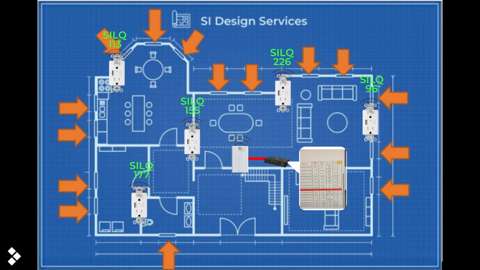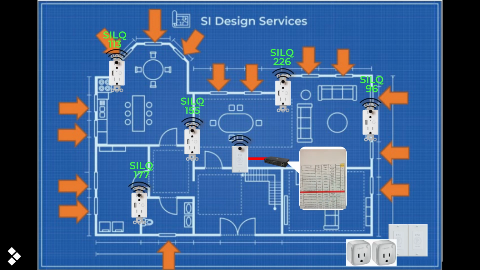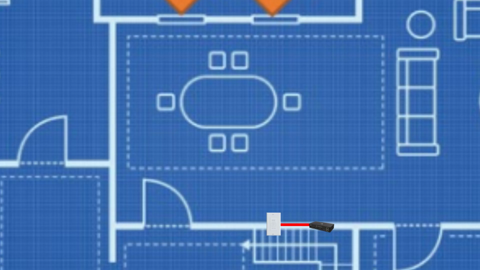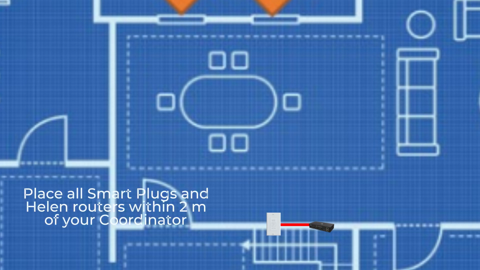Also, it is a best practice to have a few extra mesh routers, such as a Helen or smart plug, in your toolbox or on your truck in case they are needed to keep the wireless mesh working in tip-top shape. First, unpack and place all your mesh routers, with the exception of smart outlets and light switches, next to